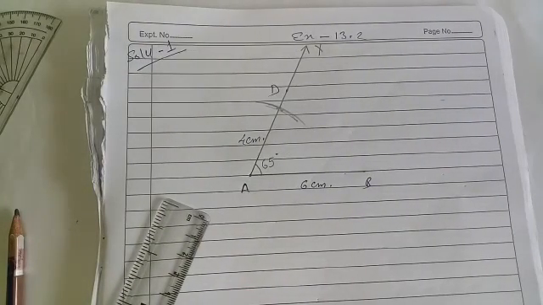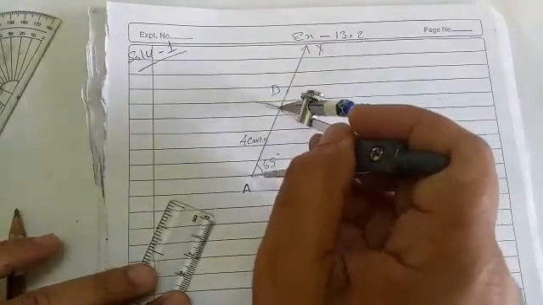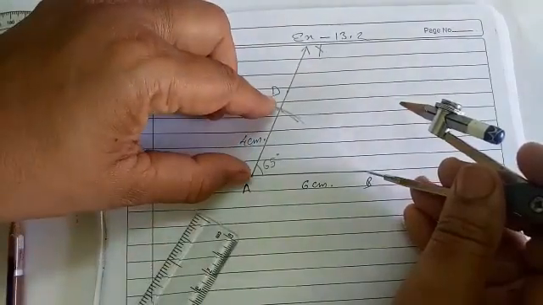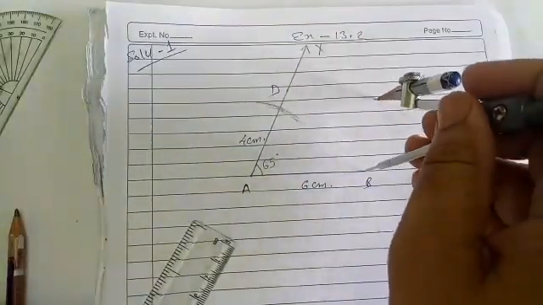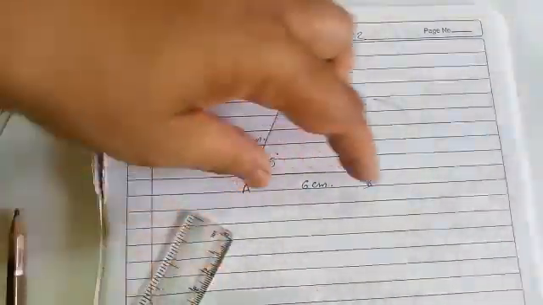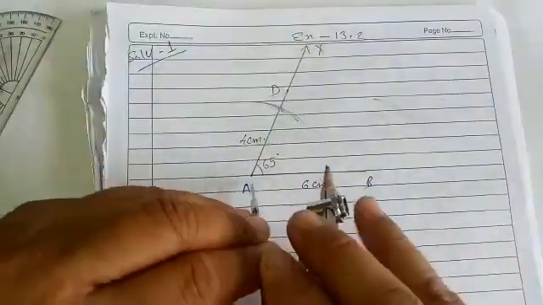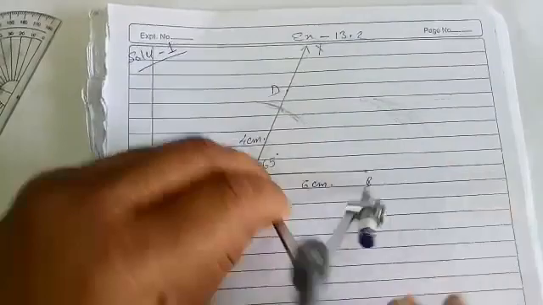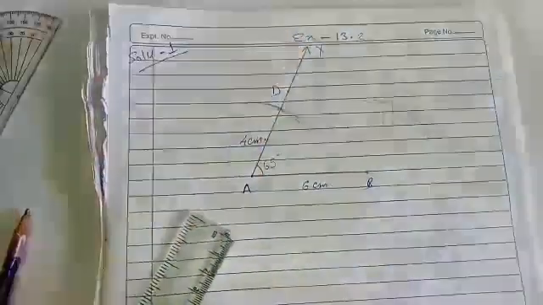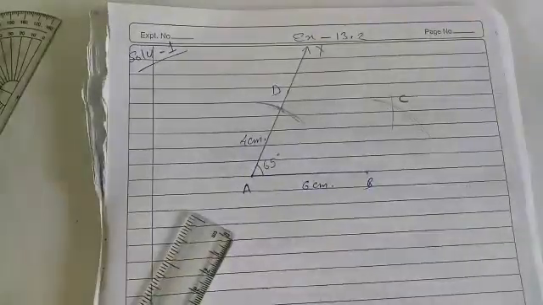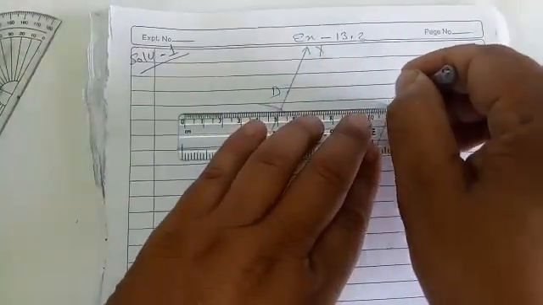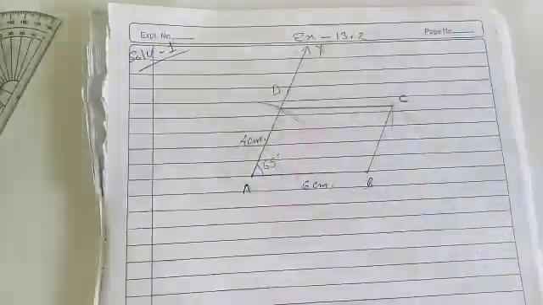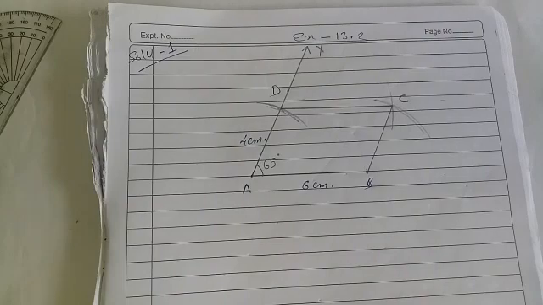It is a parallelogram. We know in a parallelogram opposite sides are equal and parallel. How much is this measure? 4 cm. Then opposite to AD will be BC. Then cut an arc of 4 cm. Then opposite to AB will be DC. Measure 6 cm. From point D cut an arc. It will intersect at a point. Name it point C. Join BC and DC, thus a parallelogram ABCD is obtained.